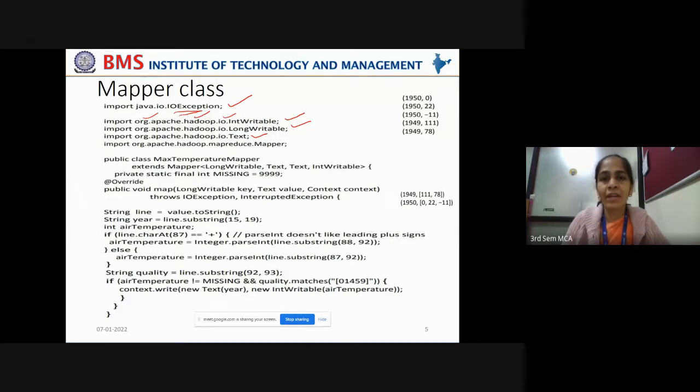Hadoop cannot understand the Java data types as they are, so it uses serialization. Serialization means converting the data types into objects and objects back to data types, boxing and unboxing them. In order to make the Java data types understood by Hadoop, we use IntWritable and LongWritable. So we have three such classes: IntWritable same as Java integer, LongWritable same as Java long int, and Text same as Java string. Okay, so these three lines are very clear to you now.